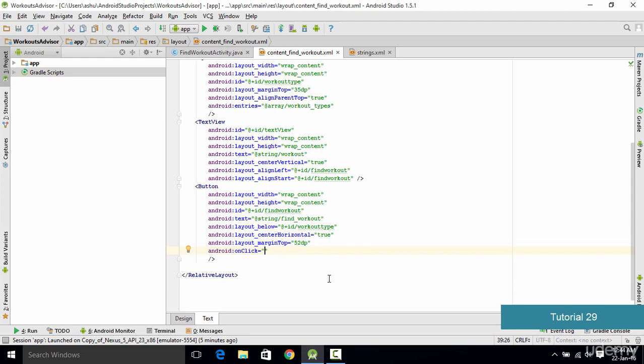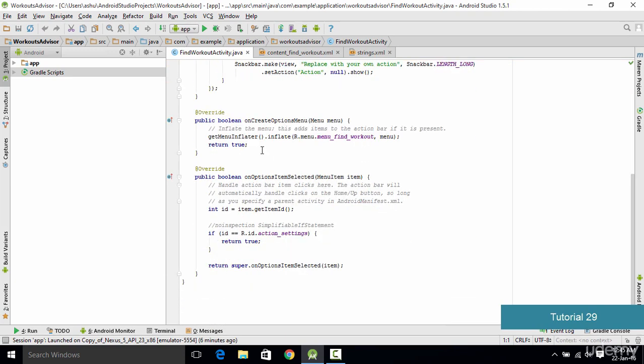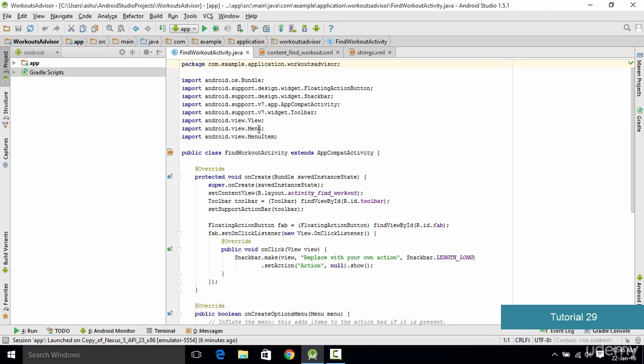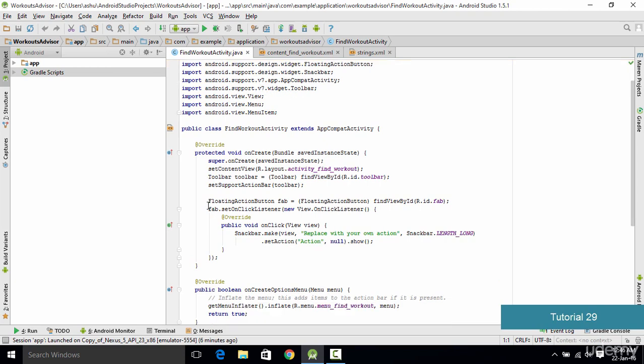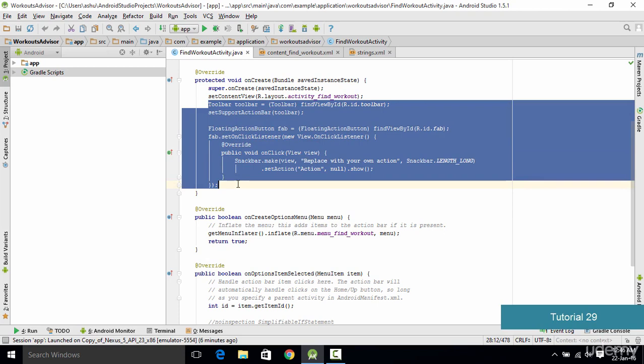Now in this case, as we don't have any method created right now, we type in here onClickFindWorkout, and make sure that you spell it correctly. And now once this is done, we go to the FindWorkoutActivity.java file, and as you could see, there is a bunch of code which is already typed in for us by Android Studio. The thing is that we won't be needing all this code, so we go ahead and delete the unnecessary code. So from the toolbar I delete it right over here,